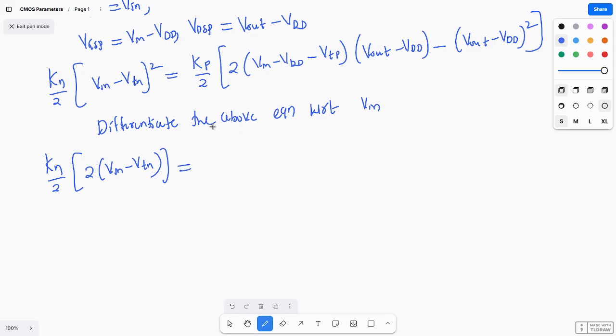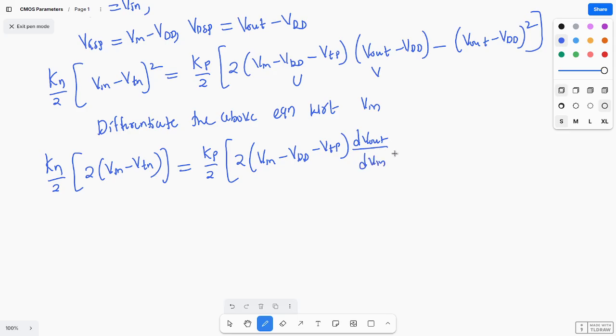what you are getting? Kp by 2, and this is the UV formula. This is nothing but the UV formula. Okay, U into, so this is U and this is V. Okay, UV formula you know. So U into d(Vin minus VDD minus VTP) into dVout by dVin